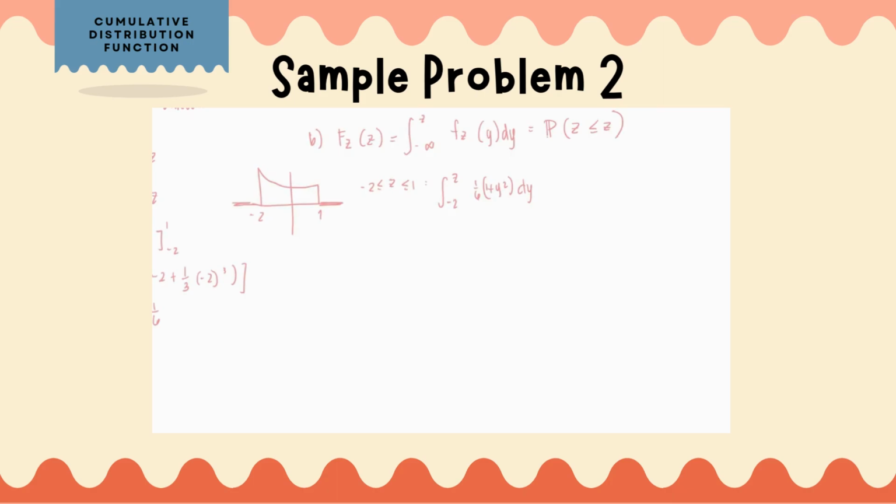So then, what that means is that our job is a little simpler, because everything to the left of negative 2, the CDF will be 0 because there's no probability density to the left. And then everything to the right of 1 will have accumulated all the probability in the PDF, because we know that when you integrate from negative 2